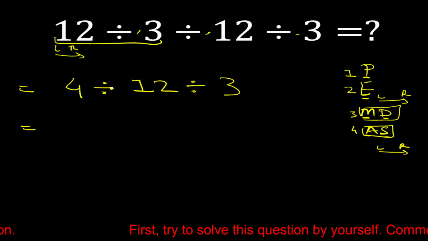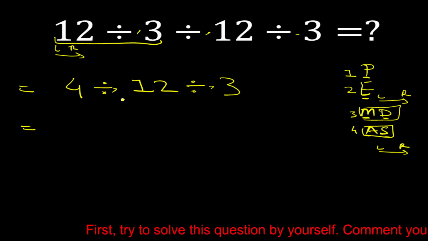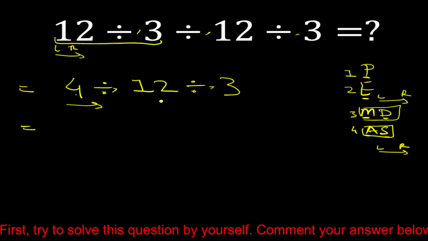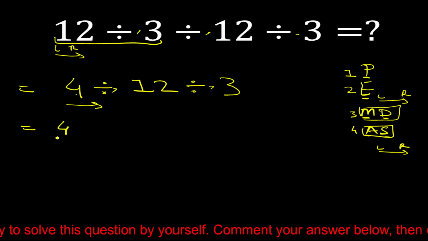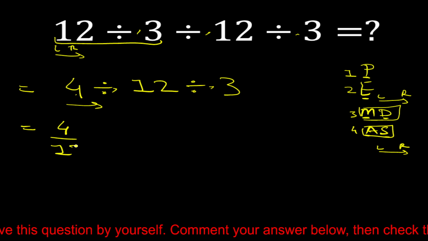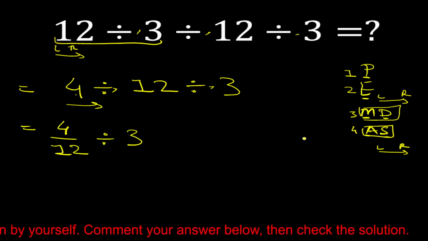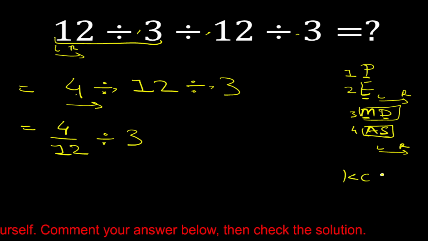Now here is division and here is division. Both have equal priority, so we have to solve it from left to right. So 4 divided by 12 can be written as 4 by 12, divided by 3. Now according to the KCF rule,